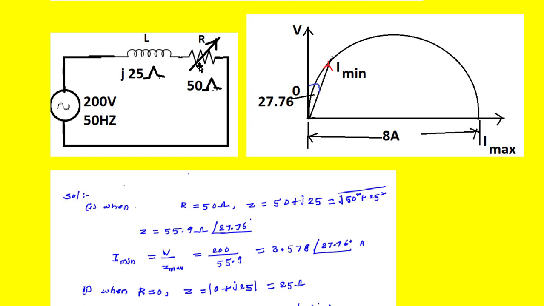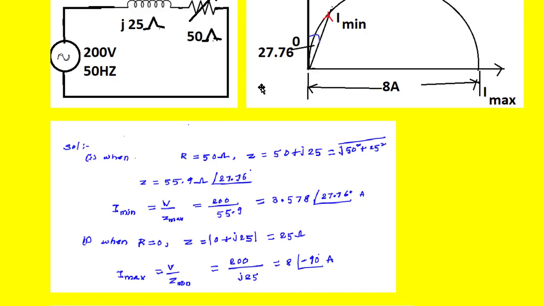If the resistance is more than 0, then we get the resultant current like this. If the value is further increased, it will come like this. But here there is a minimum current, that is 0 here. So practically speaking, it is not possible. We cannot make this, so the maximum value of the resistor is 50 ohms.